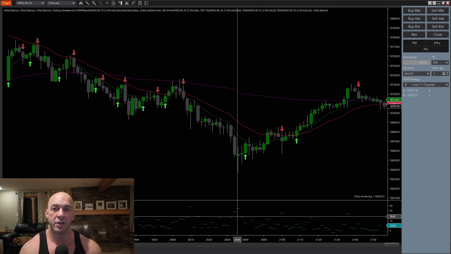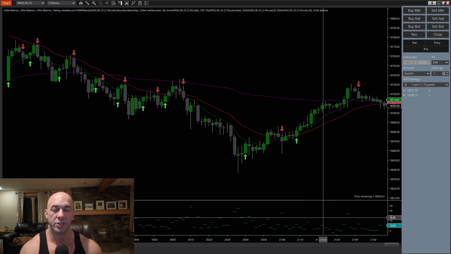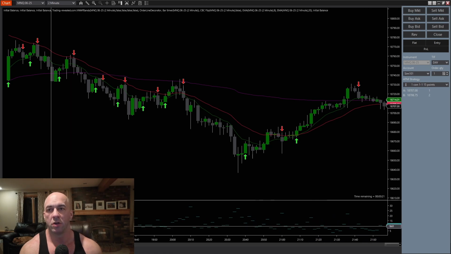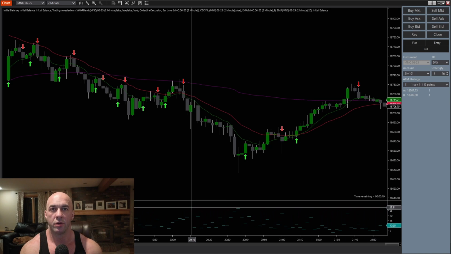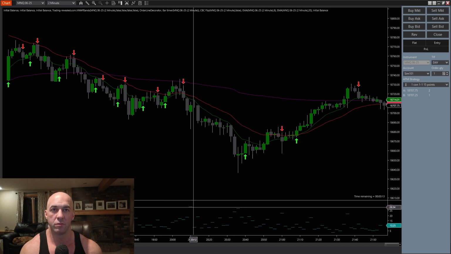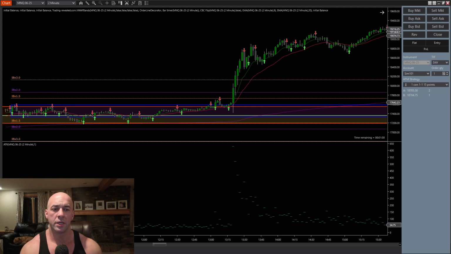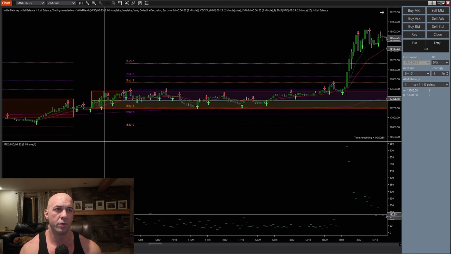So this particular indicator is literally showing you what the exact range is per candle. When we have periods where the candles are moving with broad range, the volatility will spike, and you'll have these little blips, these little dashes that move up higher. Like in this example here, you can see what the ATR indicator was showing you